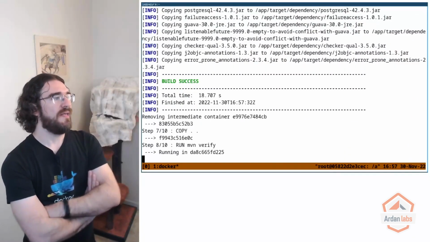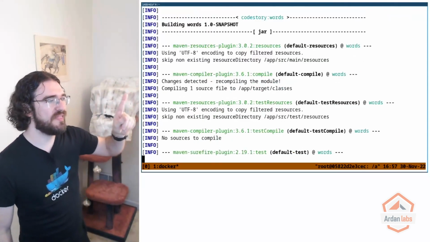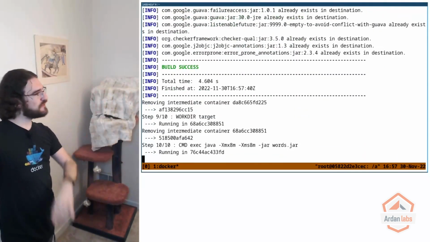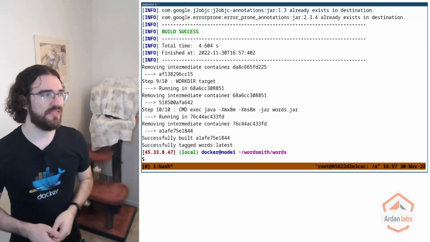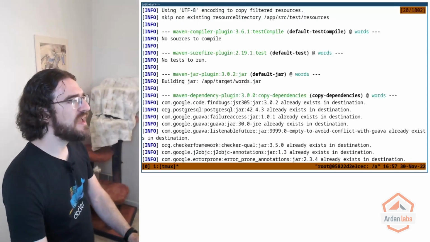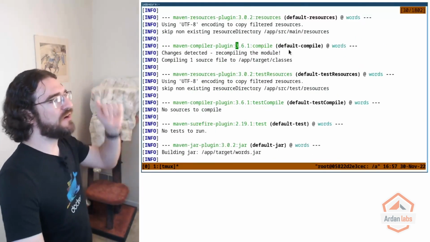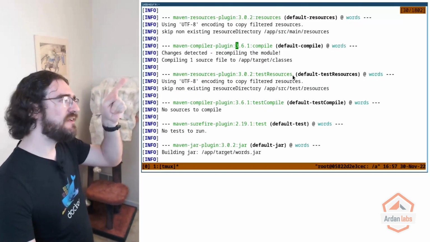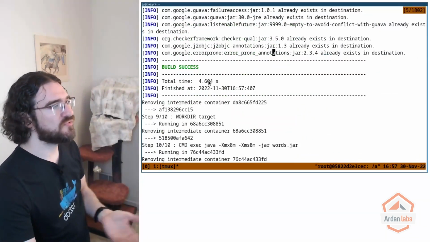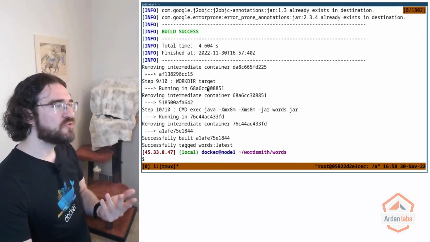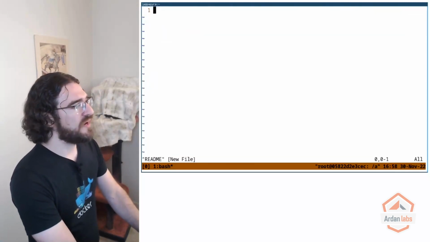All right. Now we copy the rest of the code and we run Maven verify again. But see, now instead of downloading and installing everything, it's just checking that we have everything. So it's like, hey, I need this. Yep, we got it. I need that. Yes, I got it as well. I need that thing. Yes, we got it too. So it only takes 5 seconds to check all that instead of 20 seconds. And now if I make some changes, like if I create a README file,